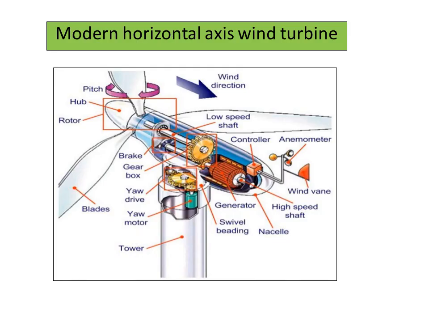Modern horizontal axis wind turbine. The horizontal axis wind turbine has a design similar to a windmill. It has a blade that looks like a propeller and spins on a horizontal axis. In this figure, we can see all the components of the horizontal axis wind turbine. It is designed with a large tip speed ratio to increase the power efficiency.